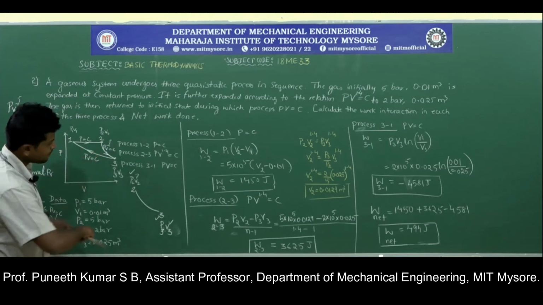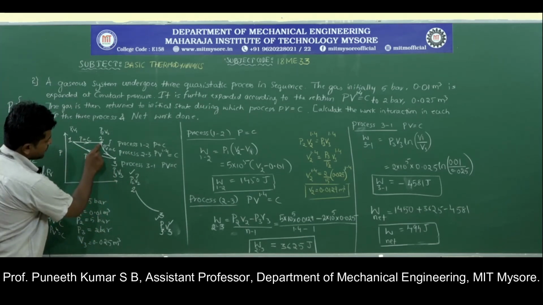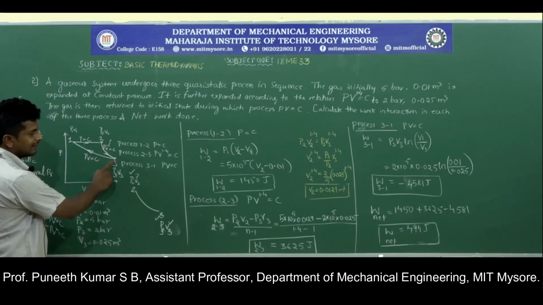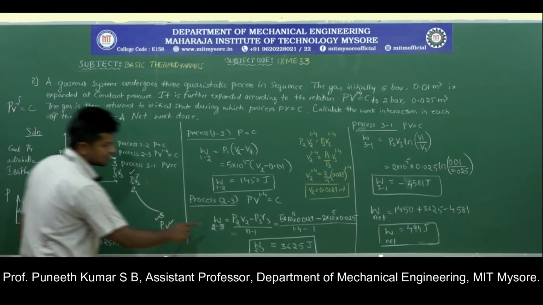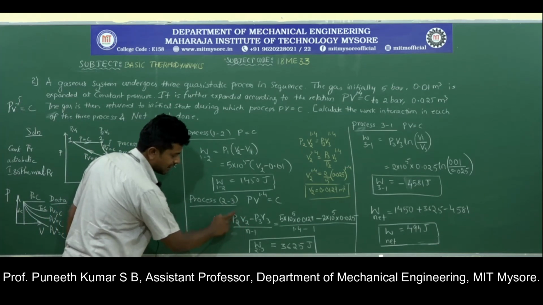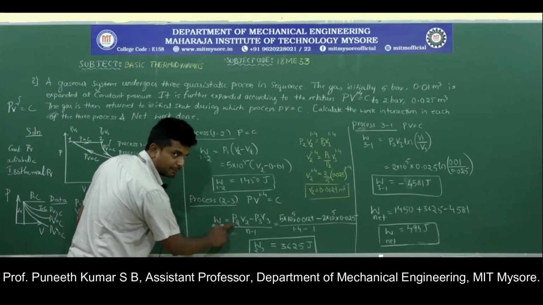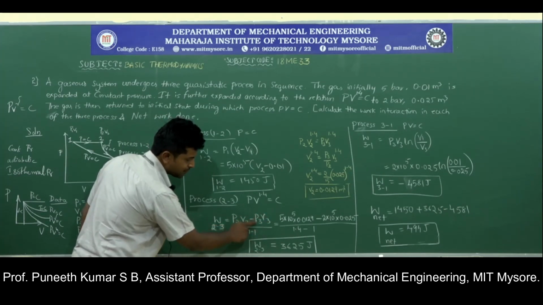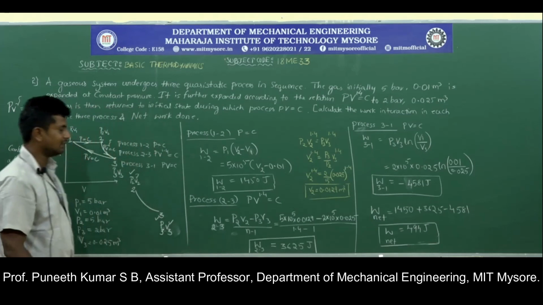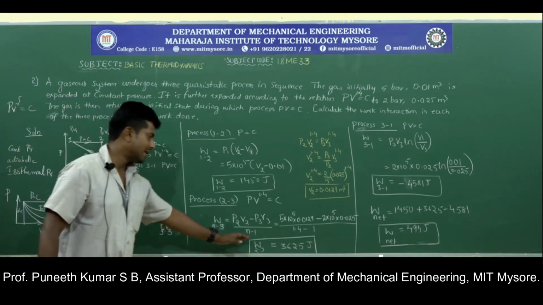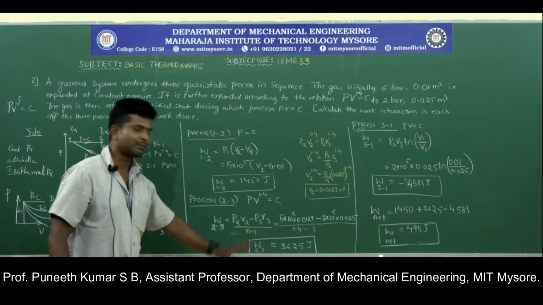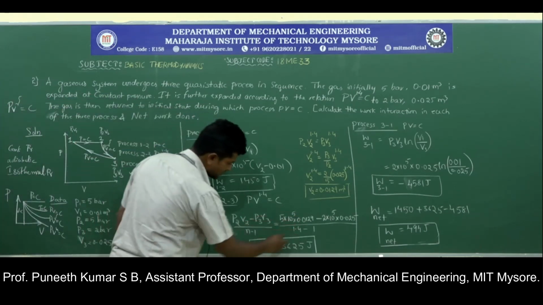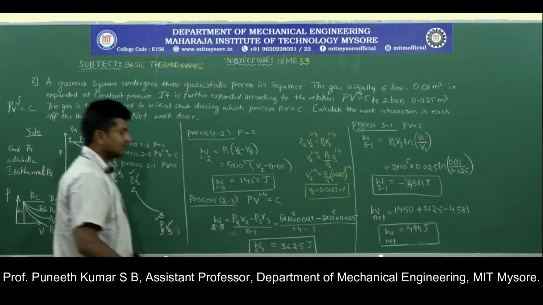The thing is, in this process between 2 and 3, 2 is the initial point and 3 is the final point. So whatever initial point data is there, we have substituted here as P2 V2. The final point data is P3 V3, divided by n minus 1. n is representing the generalized factor. So after solving this, we are getting the work output to be